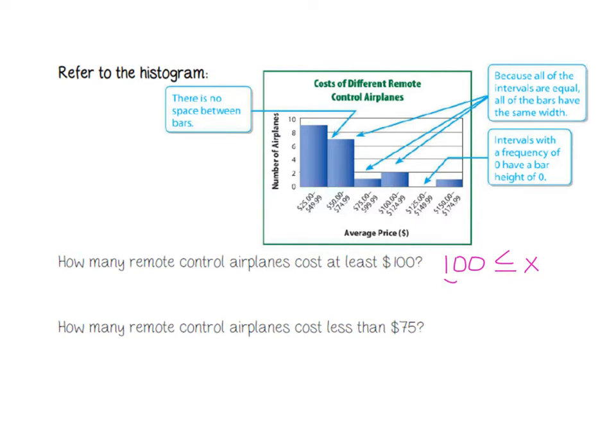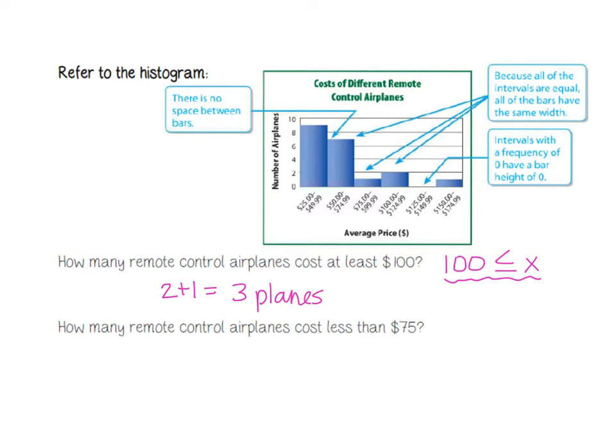So, we're looking for values that would fit this inequality here. And when we do that, we notice that we have to look from here on toward the right. So what this tells me is when I look in this one, there's 2, this one has 0, and that one has 1. So 2 plus 1 equals 3. So there are 3 planes